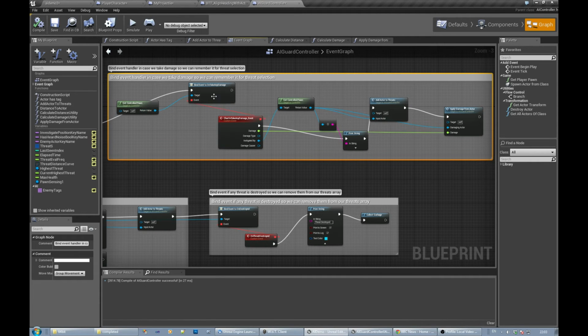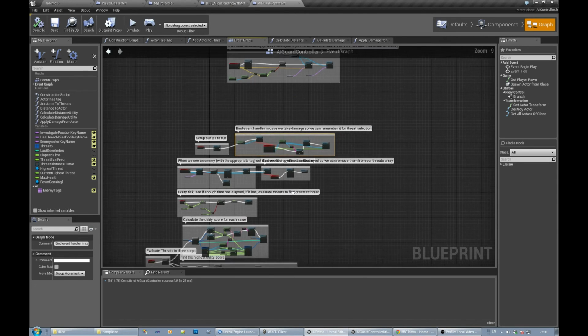So the character that we're controlling, we're going to bind to one of their events to say, right, okay, we want to know when you take damage, and we're going to handle it by getting the person who did damage, getting their control pawn. So this is the controller that did the damage. We're getting the pawn that controlled it. We're going to add actor to the threats if it's not already in there, but if it is in there, it'll just ignore it. And then we're going to apply damage from that actor. So we're going to handle what that actor did to us, essentially adding to the amount of damage it's done,